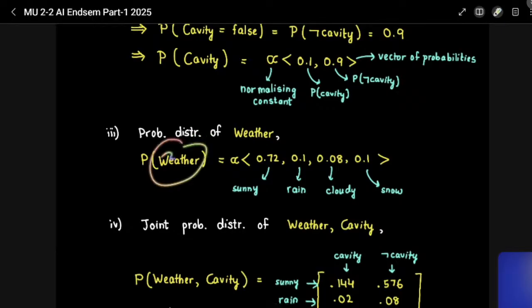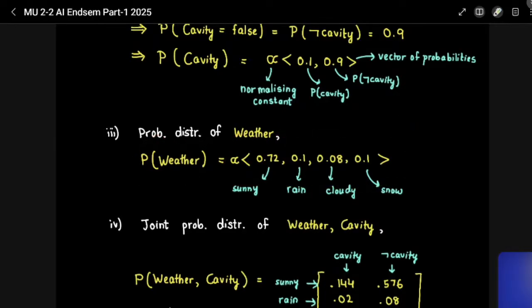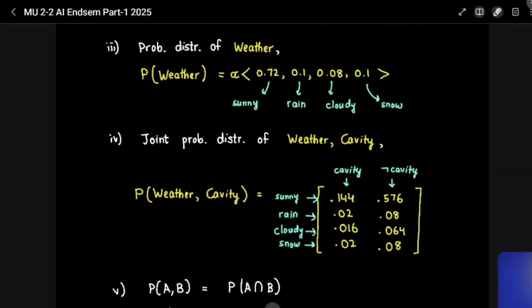So let's say weather is one more random variable. The probability of a random variable is a vector of probabilities. So let's assume there are 4 kinds of weather: sunny, rain, cloudy, snow. So you'll get a vector that is like this, a 4x1 vector. And then you people know joint distribution,